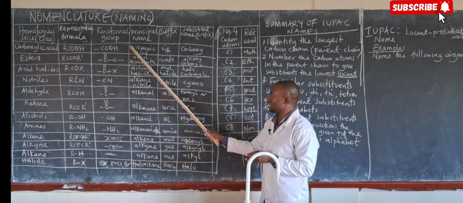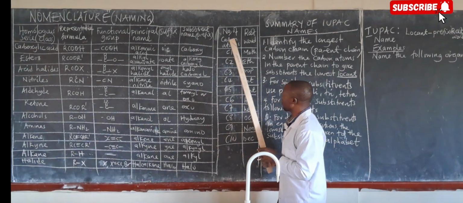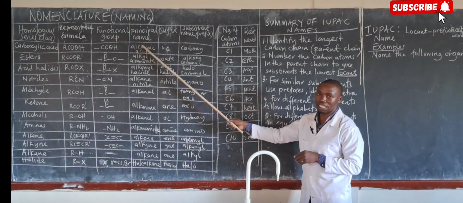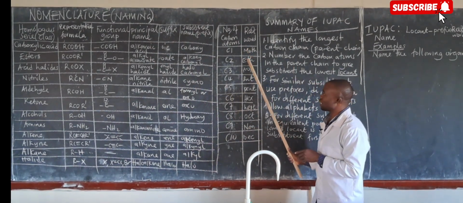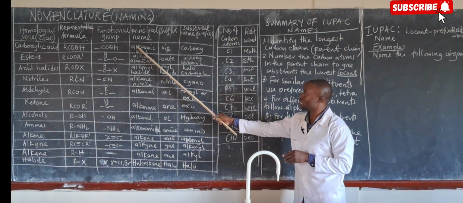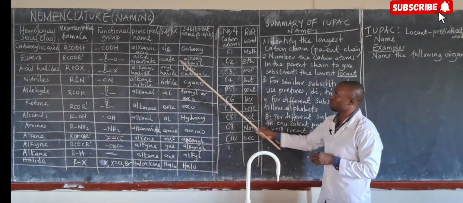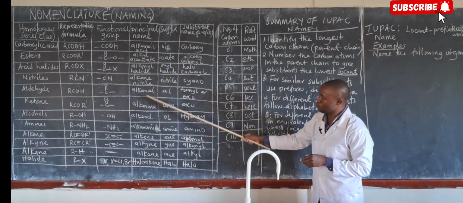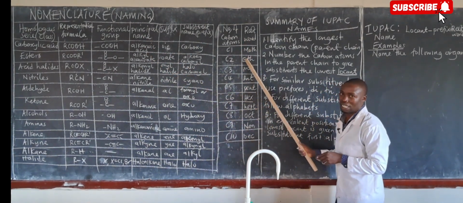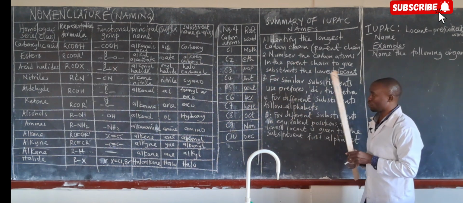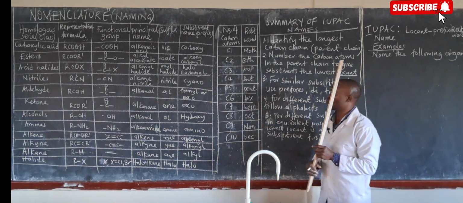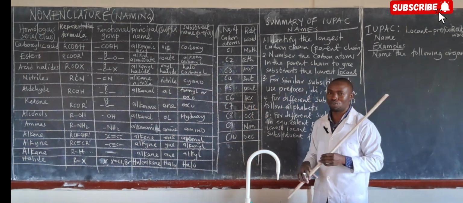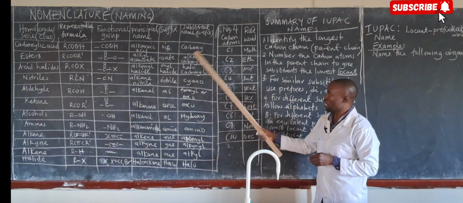So we just attach here what I'm going to call the root word. There are root words here that I'm going to attach in generating a full name. For example, I can attach eth and call it ethanoic acid. I can attach prop, call it propanoic acid. So these are going to be my parent names, to which I'm going to attach the relevant or suitable root words to come up with the actual name that I want for the compound. They have suffixes. These suffixes are going to be placed at the end of the name, and we are going to see how we put in